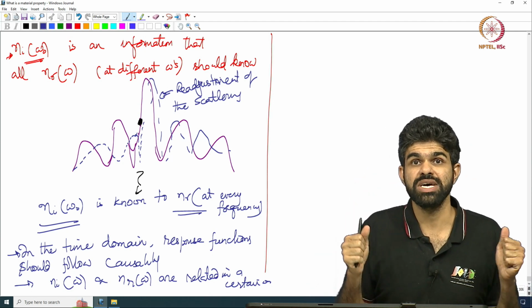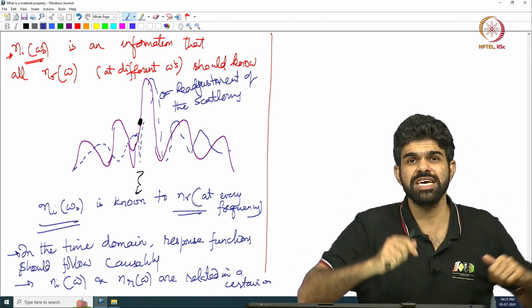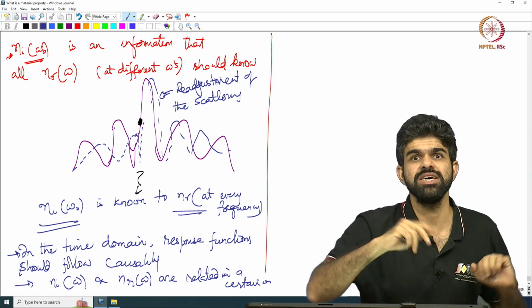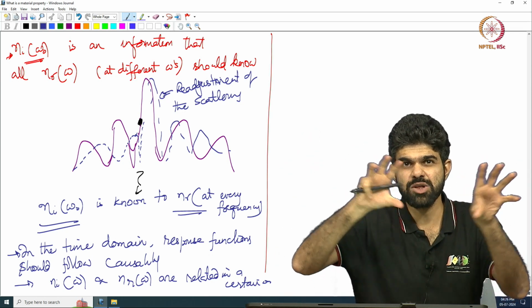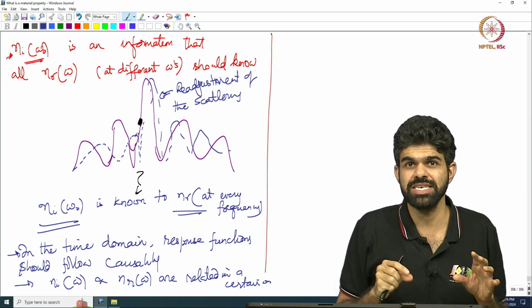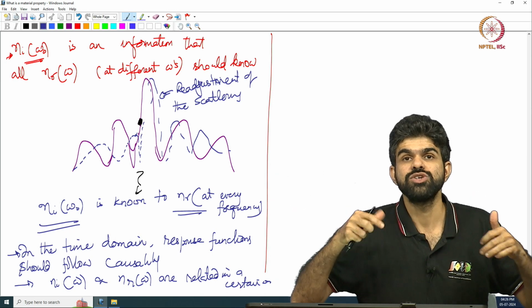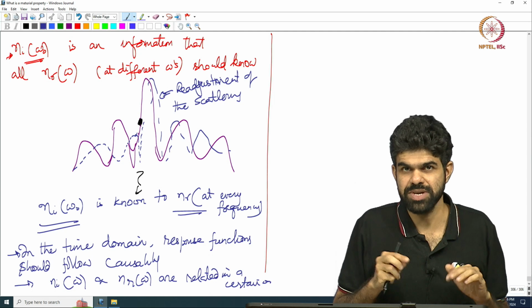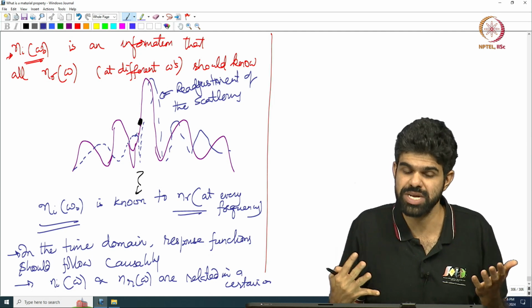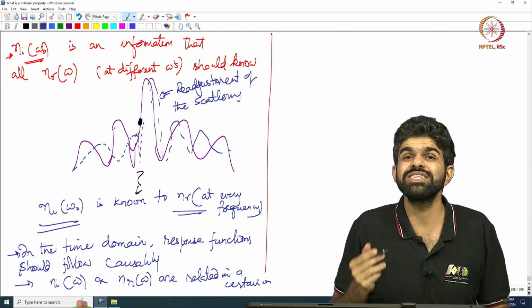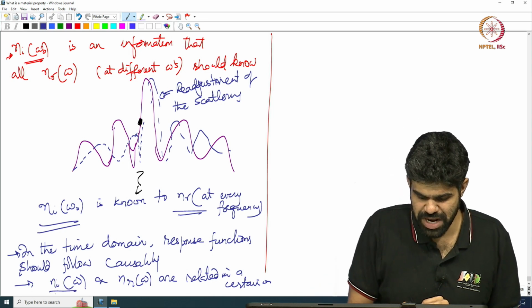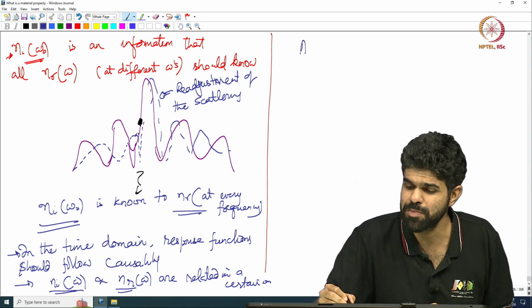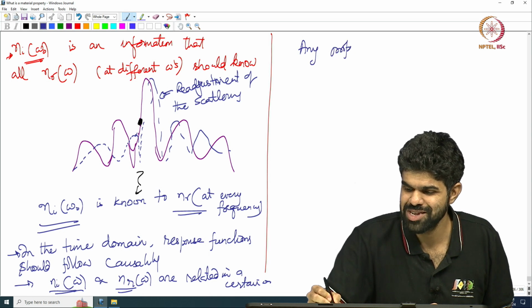So I retain that causality, and physically it means that if I am absorbing at some frequency, that absorption, that information, the weights across all the other frequencies for the scattering should readjust themselves. So this is what this hypothetical experiment is saying. Okay. Now how does it readjust itself? This is not just valid for Ni and Nr, this is valid for any property, which should be causal in nature,